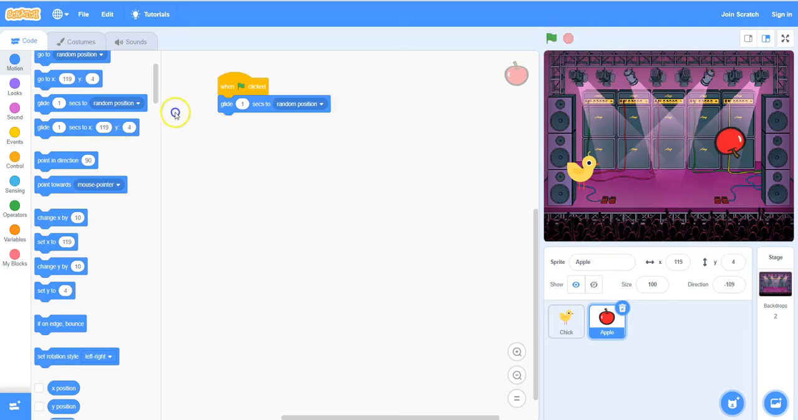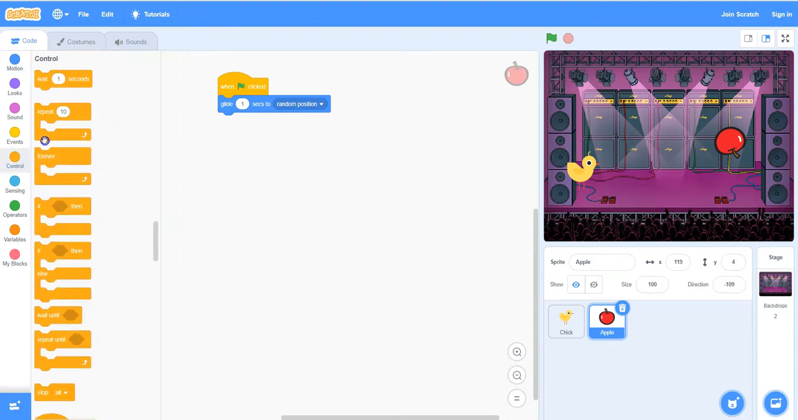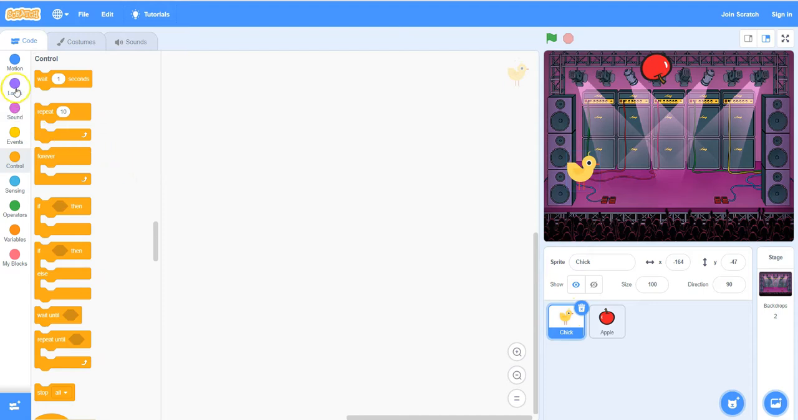Now we want it to do that for a long time. So let's put this forever bracket in here so that it repeats itself every 1 second whenever we let it go. Now that is what our chick is going to be chasing. Great. Well, now to program the chick, we need to have some control,